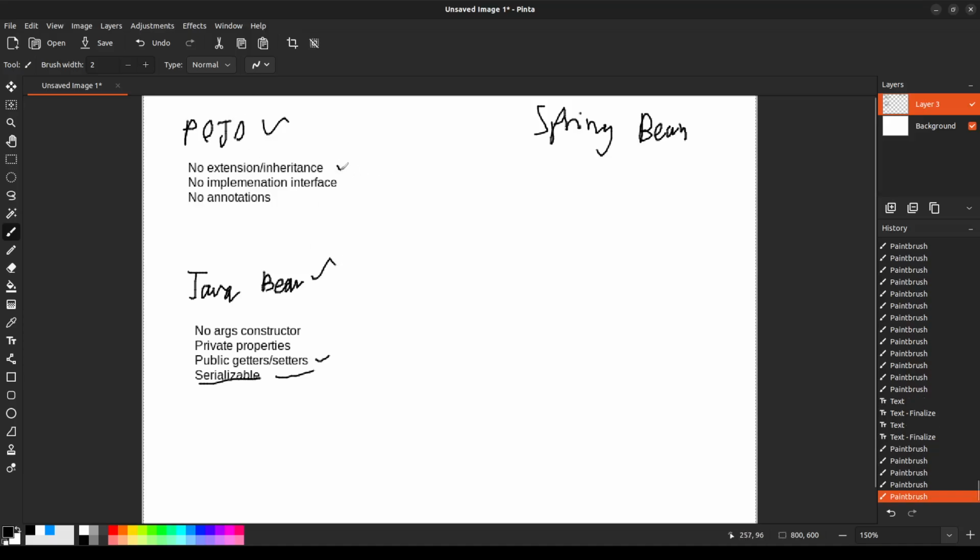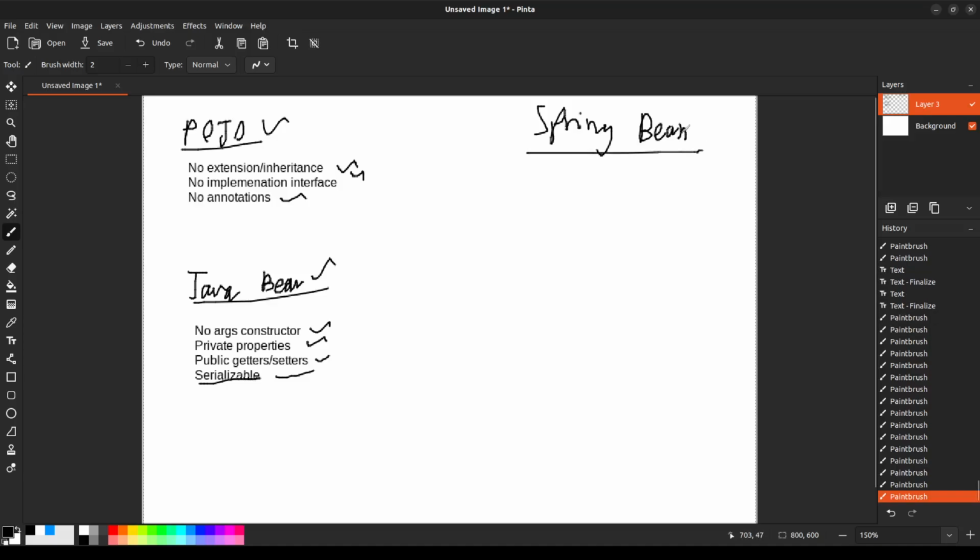When these rules apply to a Java object, that is a POJO. When these rules apply to a Java object, that is a Java Bean. So what I'm trying to say is they are just concepts, not keywords or real objects. And the Spring Bean is a little bit different.